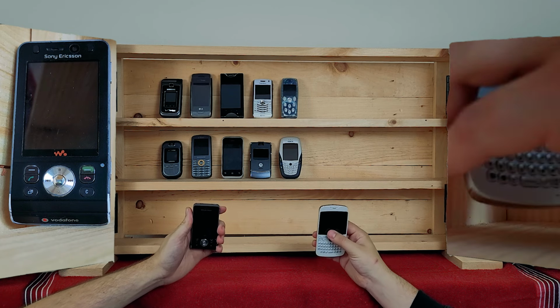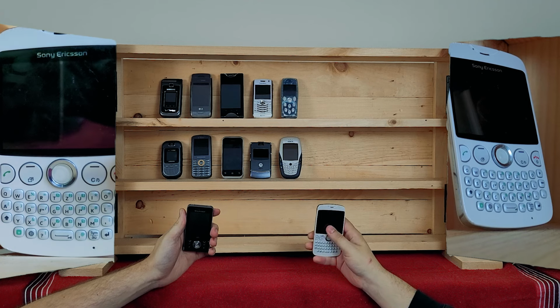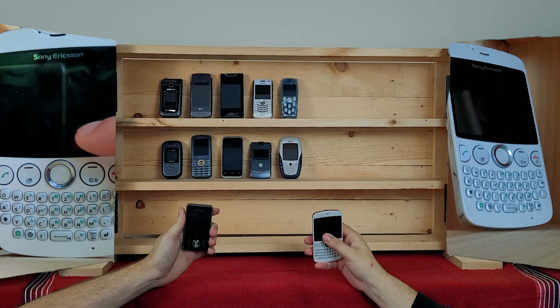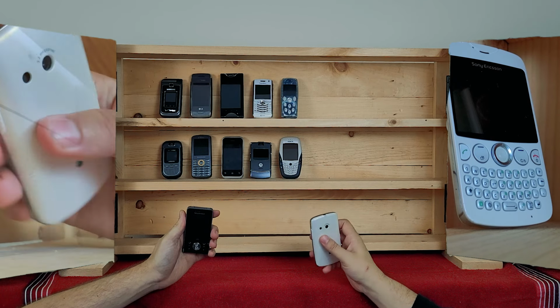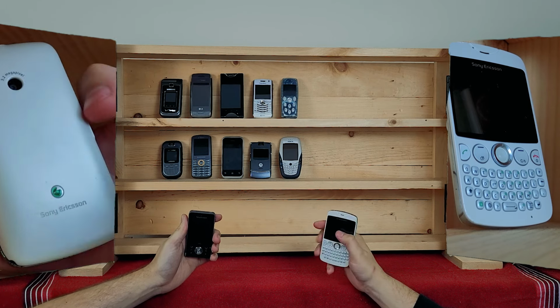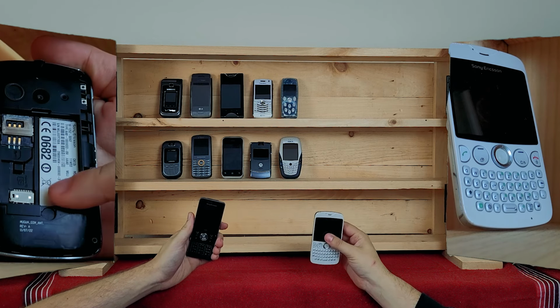I have the Sony Ericsson TXT, also called the CK13i. It came out August 11th, 2011. It has a 2.6-inch display with a resolution of 240 by 320, a 3.2 megapixel camera, a 1000 milliamp hour battery, 0.1 gigabytes of storage with expandable memory, and a